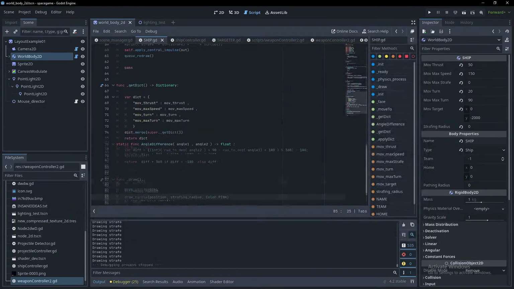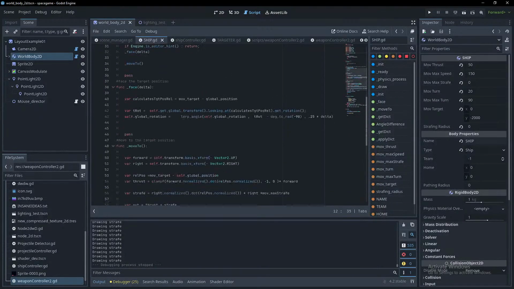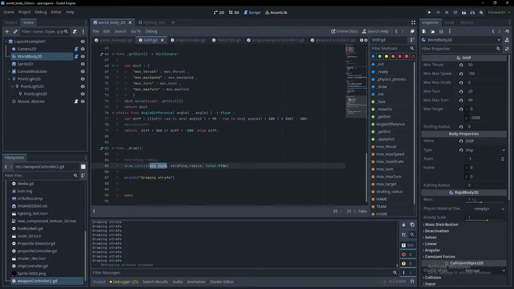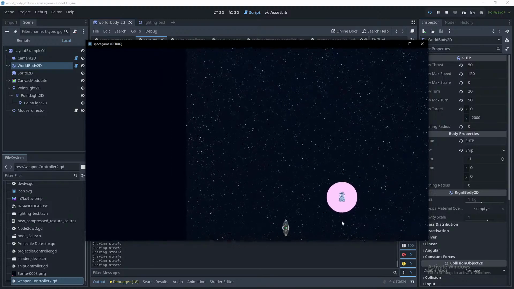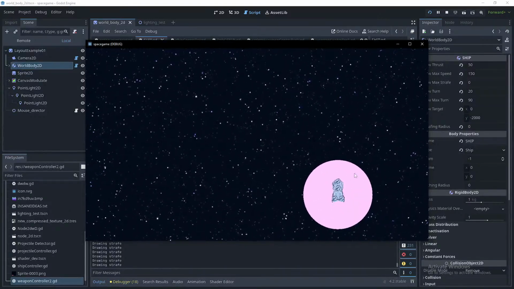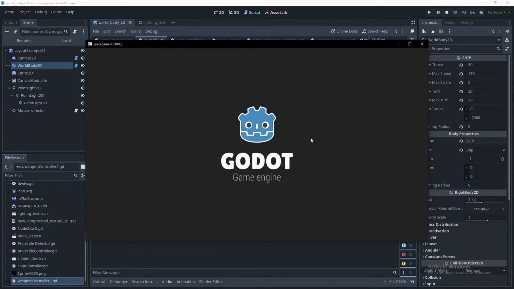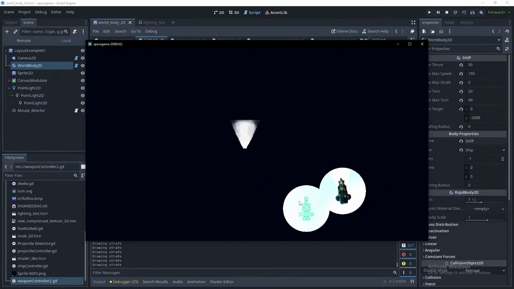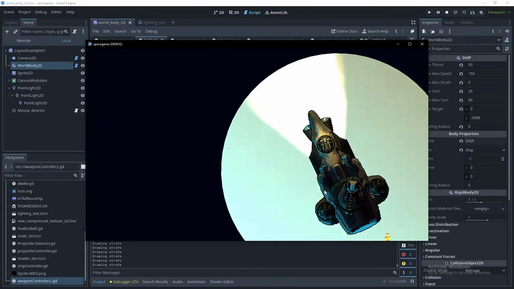Oh, I guess 20 is just a really small radius. I didn't realize I refactored this to use the same code. It's weird. Probably need a height. Maybe set the height